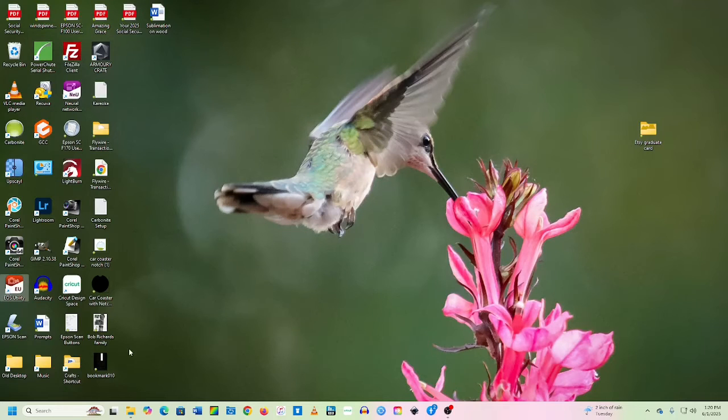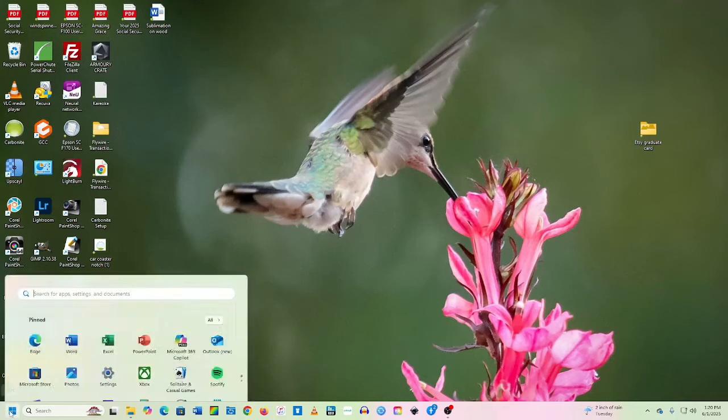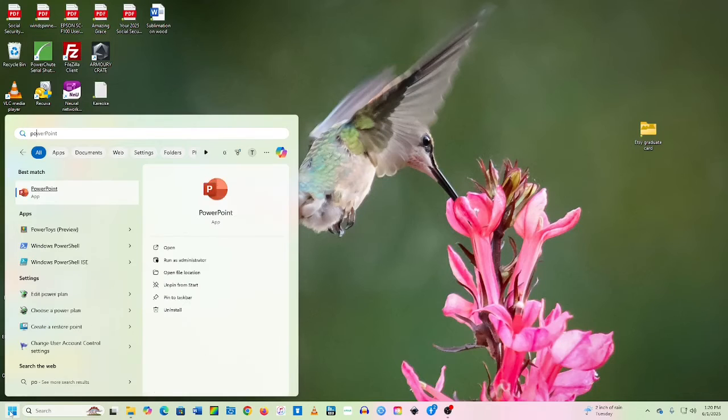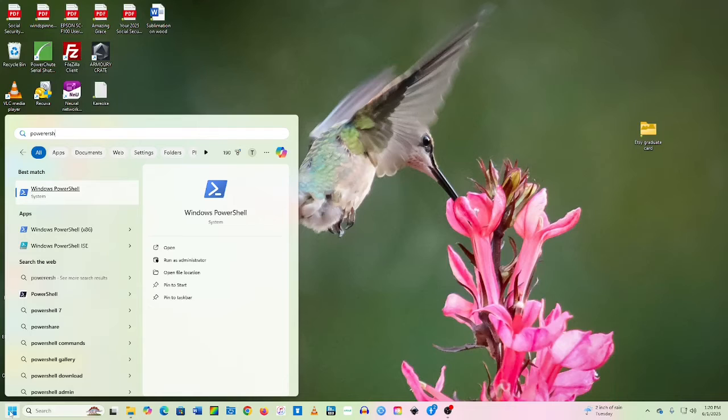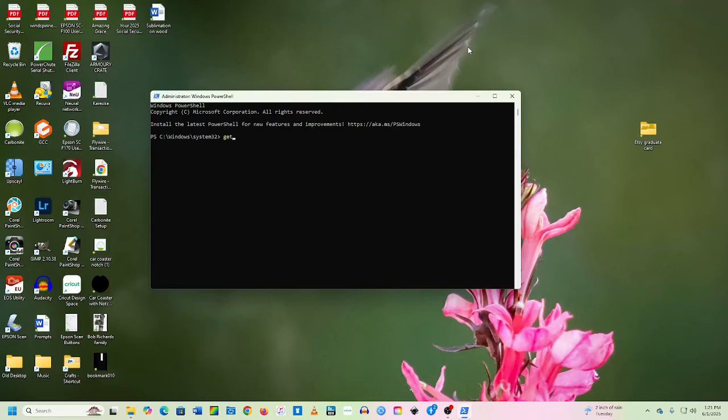You can do that by going to Start and searching for PowerShell, and then clicking on Run as Administrator. Okay, when you get the window, enter